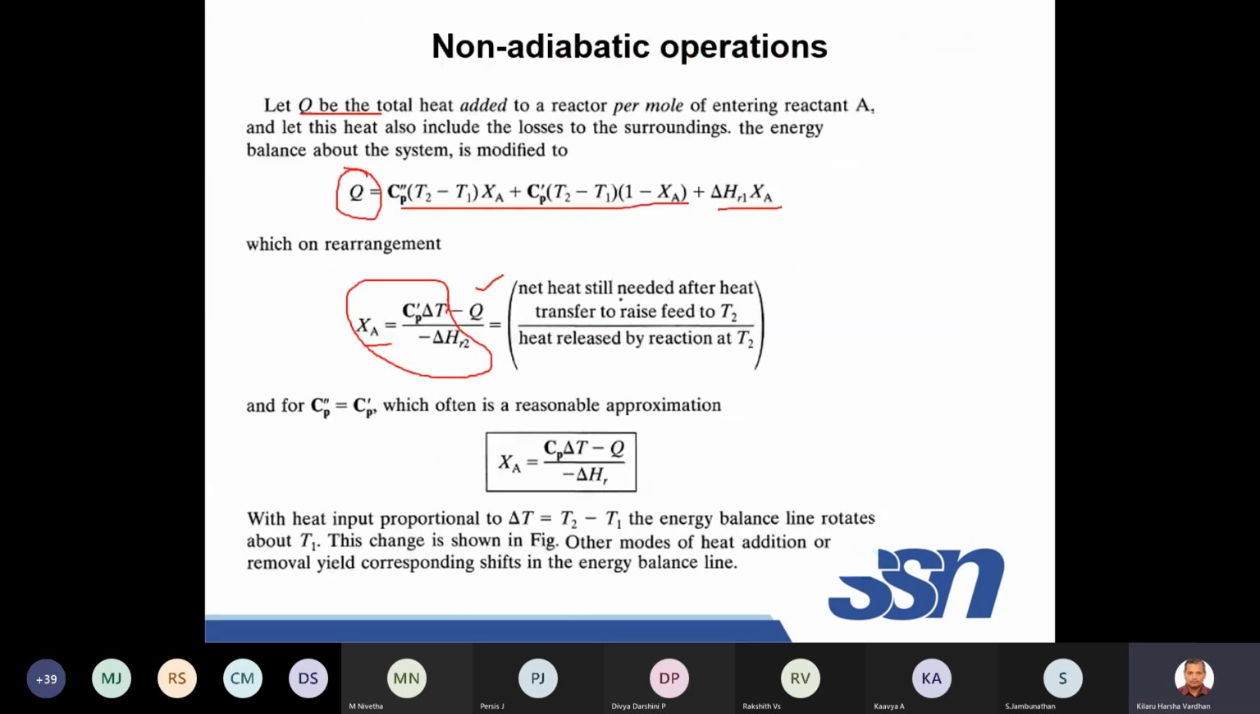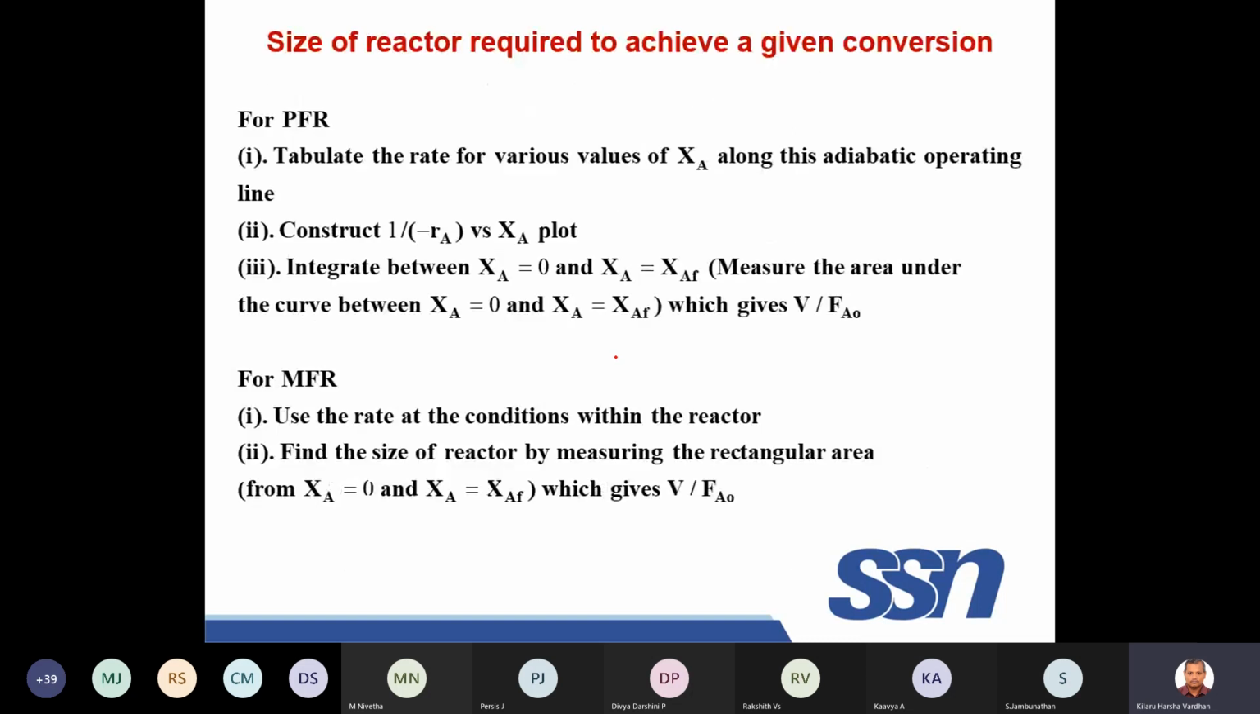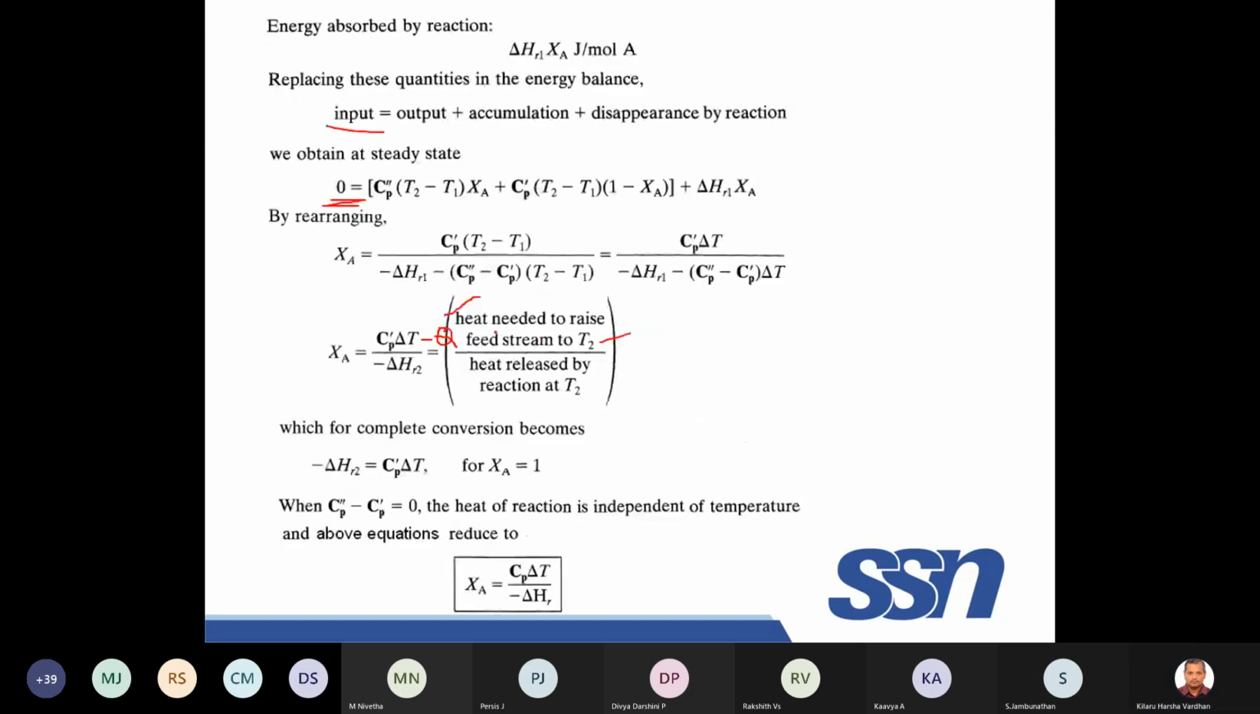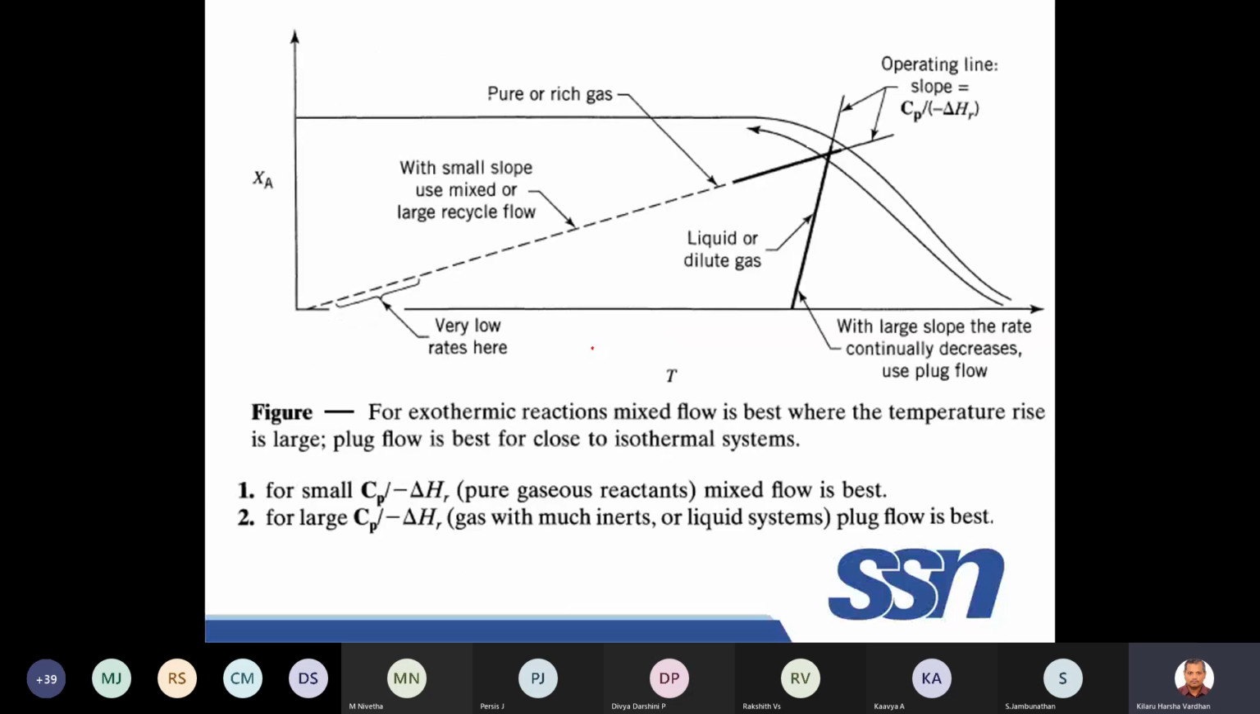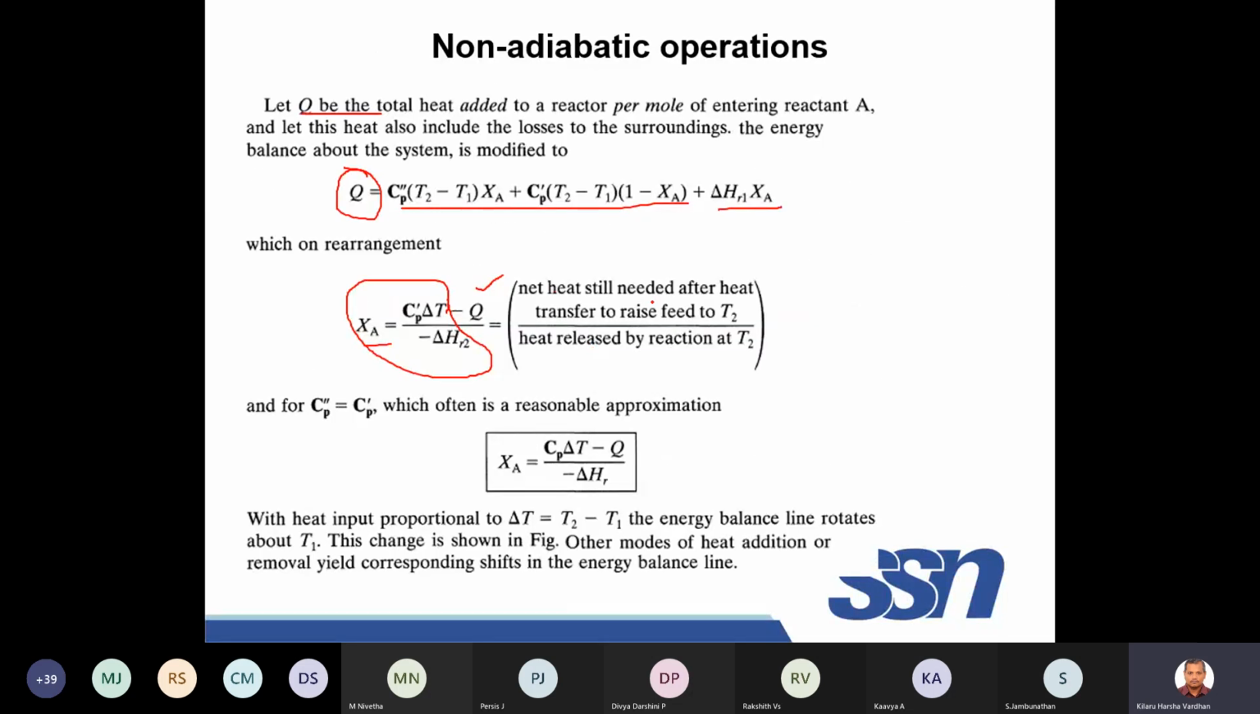Now, net heat needed after the heat transfer to raise the temperature to T2. So here you are putting heat needed to raise the feed stream to T2, whereas here the net heat is still needed, because already the heat is being added, still needed to raise the temperature to T2. That is why you have to subtract that, divided by this is same. So here if these two are same, that is Cp dash or